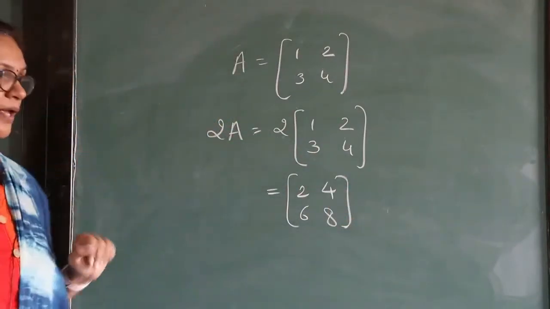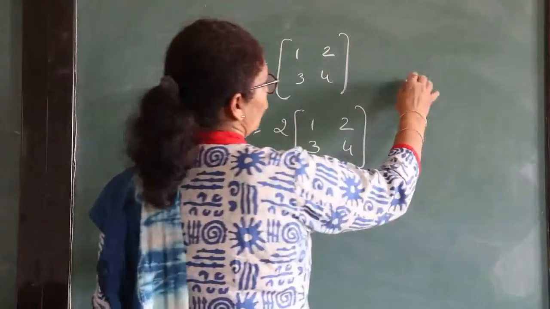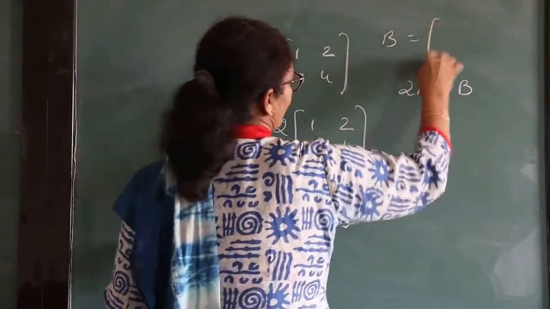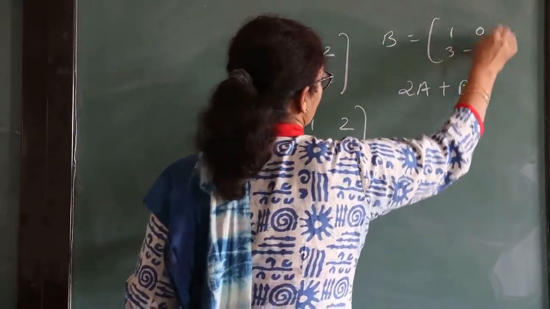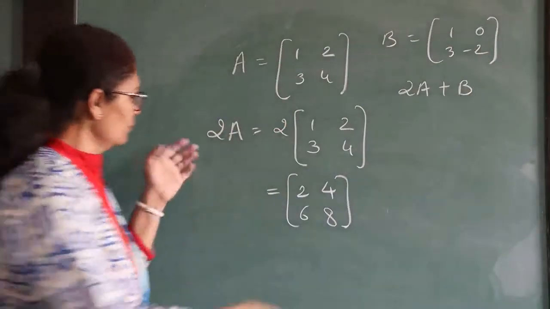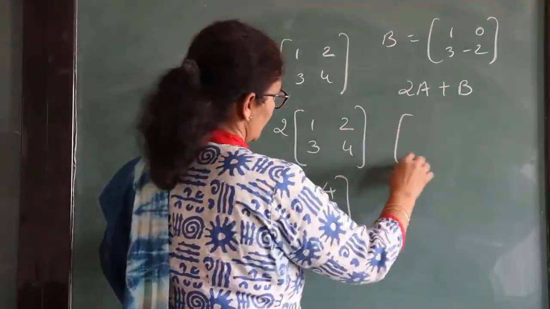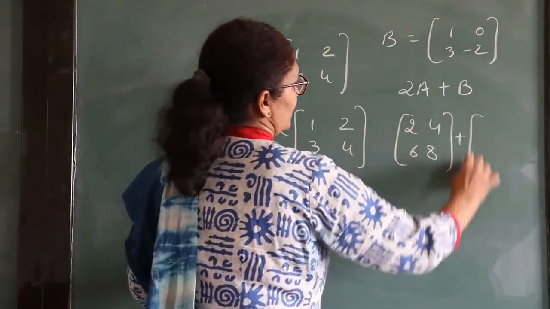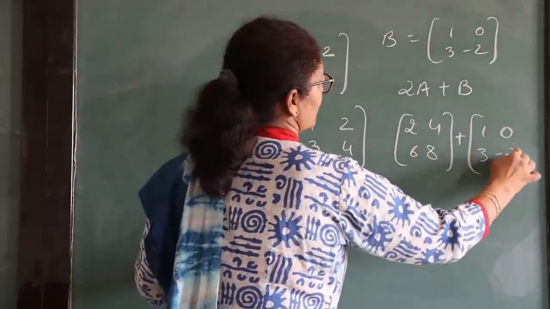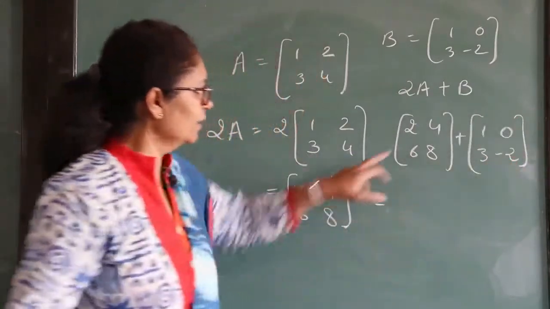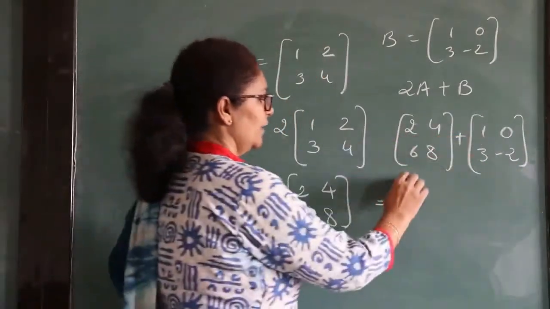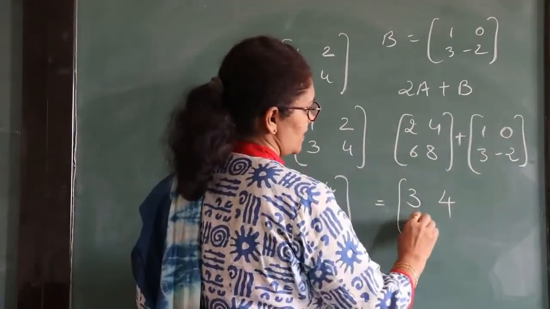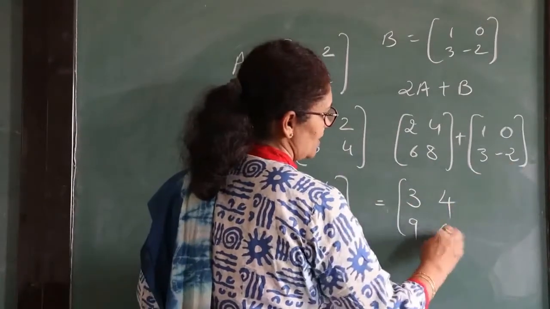So this is your 2A. Now same way, suppose I want to find 2A plus B, and maybe your B will be 1 0 3 minus 2. So now what I have to write? 2A plus B means 2A, 2 4 6 8 plus 1 0 3 minus 2. So how can I write? 2 plus 1 is 3, 4 plus 0 is 4, 6 plus 3 is 9 and 8 minus 2 is